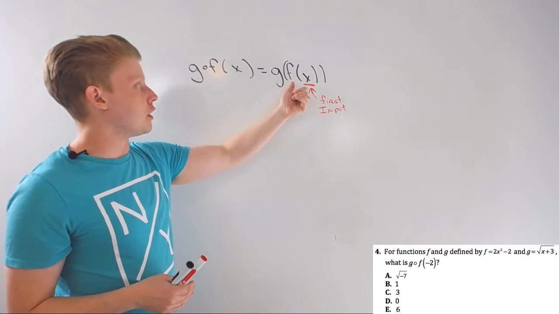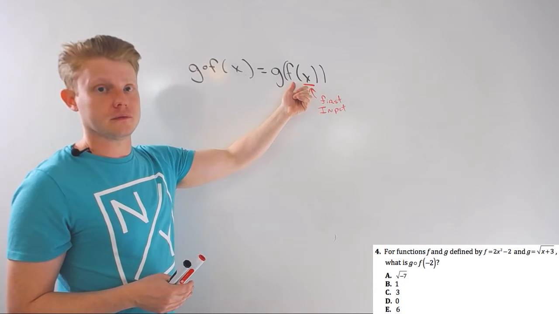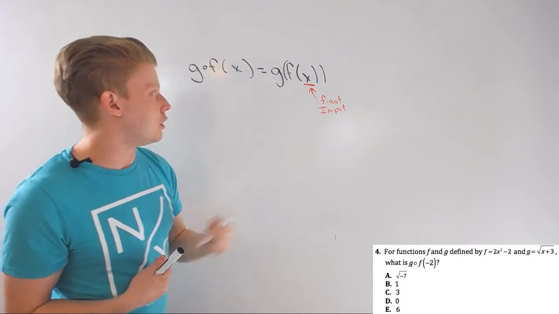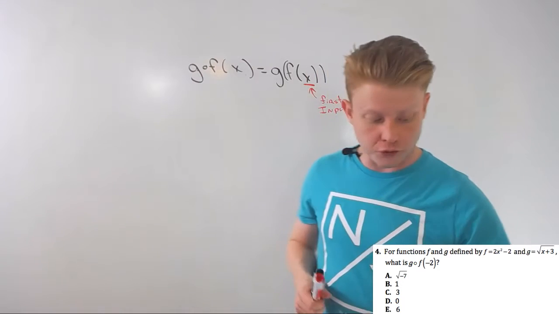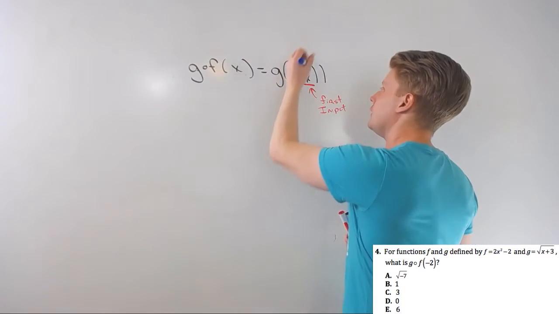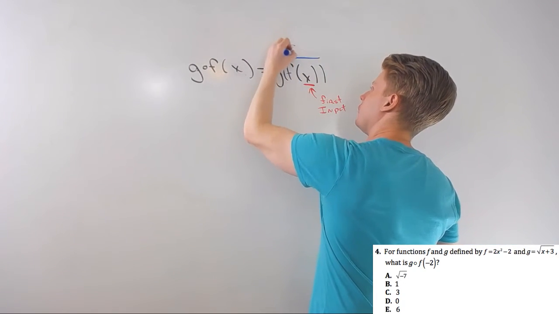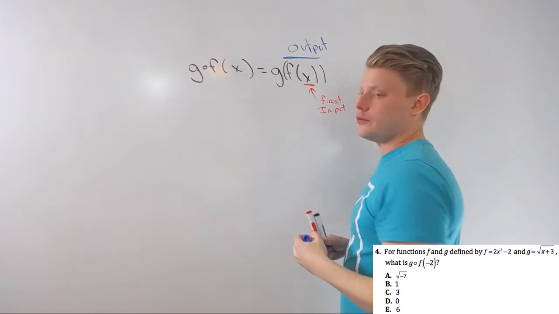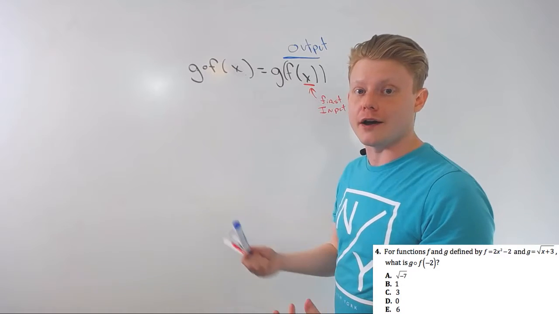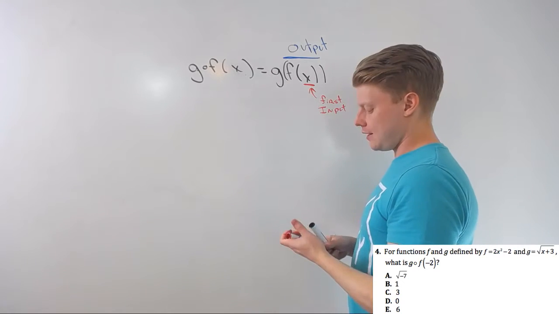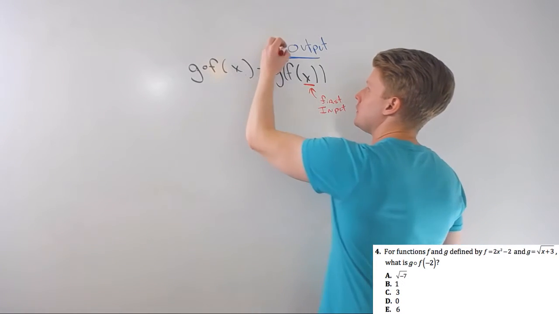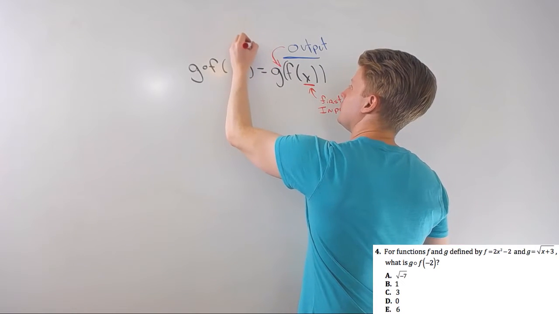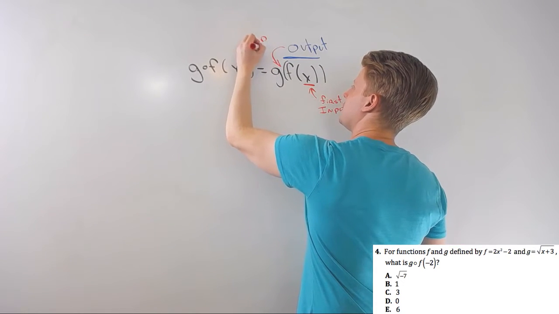This first input goes into function f as the input. f will spit out an output, the f of x value, the y value for f of x. That output is the second input